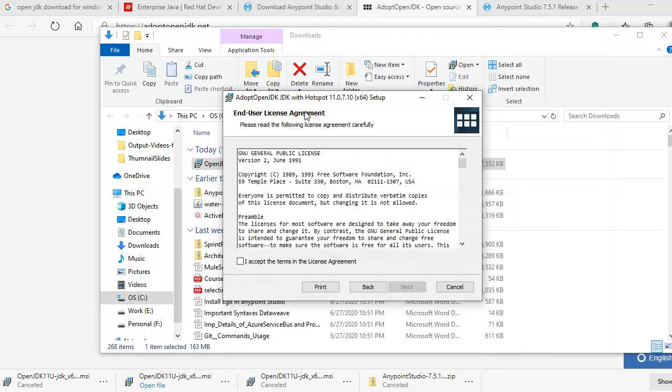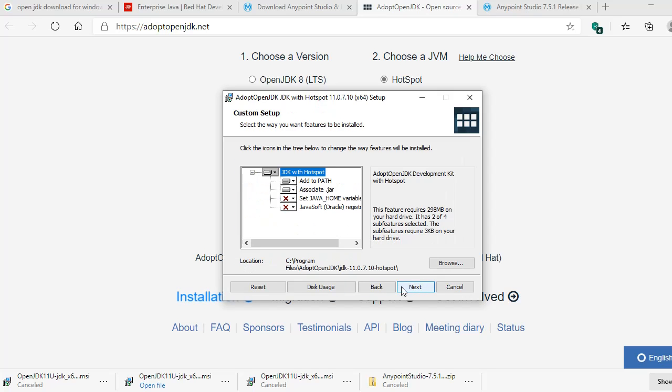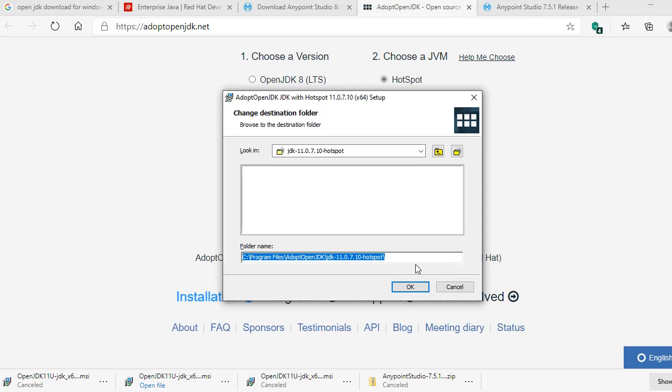Just minimize it and first install Java. This is our next screen after clicking next. You need to accept the terms and conditions and click on next. Here you need to select the place where you are going to install Java. By default it will take C Program Files, but I would like to change this to the E drive.